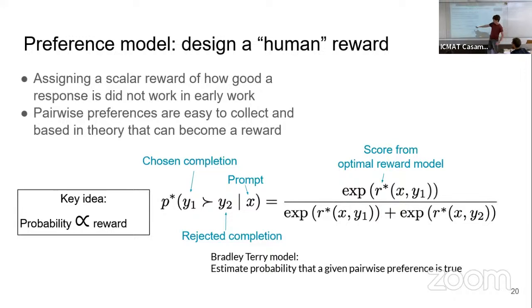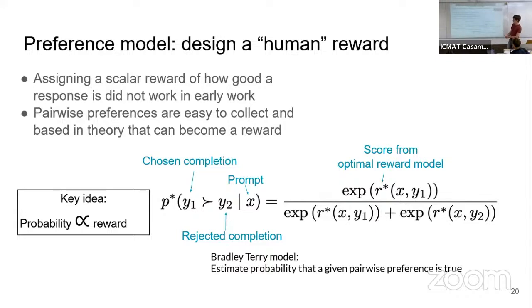And this is an important point, because choosing the preference here is cognitively much easier than assigning a score to this one and a score to that one and then comparing them. It's easier for a human to just pick one. So in the end, this is a very simple model that scales to a lot of data quickly if you have humans. So yeah, this is the definition of the Bradley-Terry model.